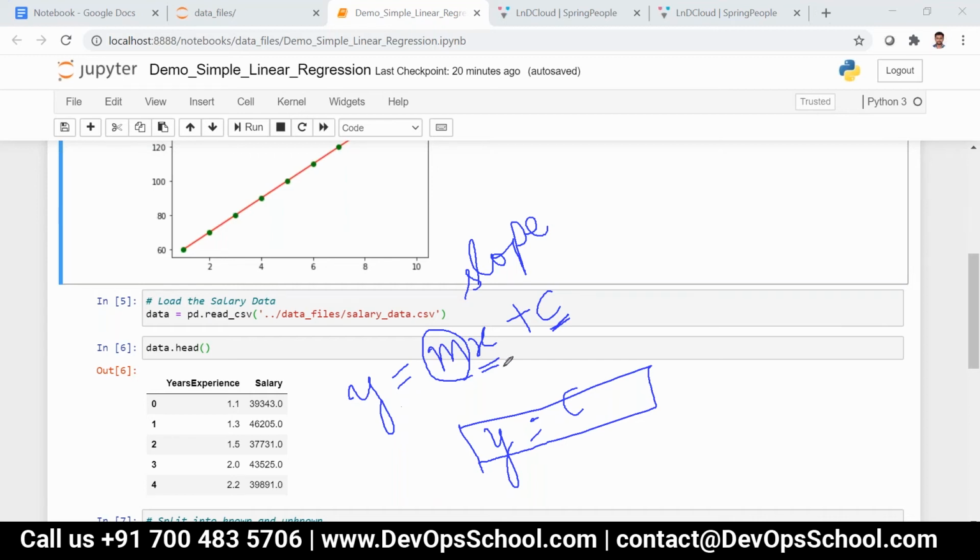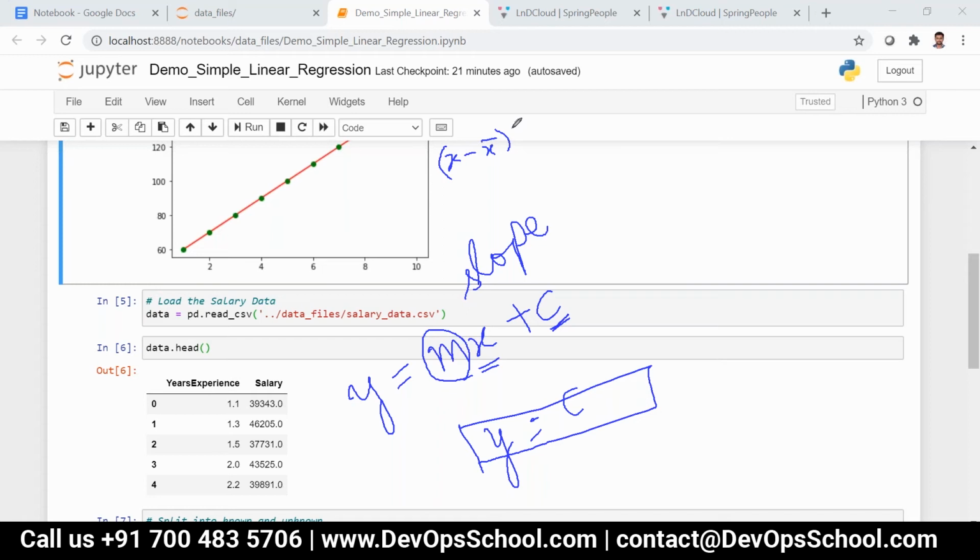Okay, so we have a formula to find the slope: the summation of x minus x bar, into y minus y bar, divided by the summation of x minus x bar the whole square.